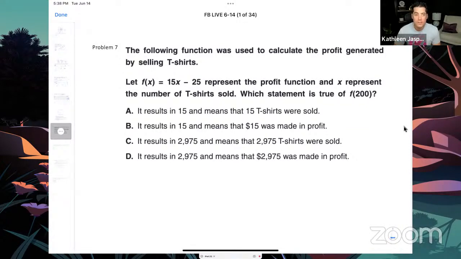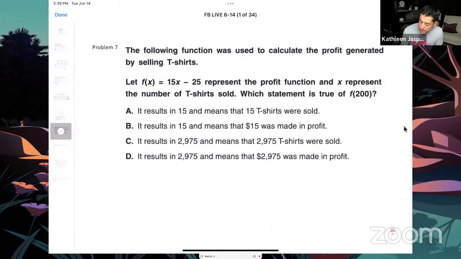All right, next question. The following function was used to calculate the profit generated by selling t-shirts. Let f of x equal 15x minus 25 represent the profit function, and x represent the number of t-shirts sold. Which statement is true of f at 200? When you're given these function problems and then function notation, which is this right here, and then they give you that,